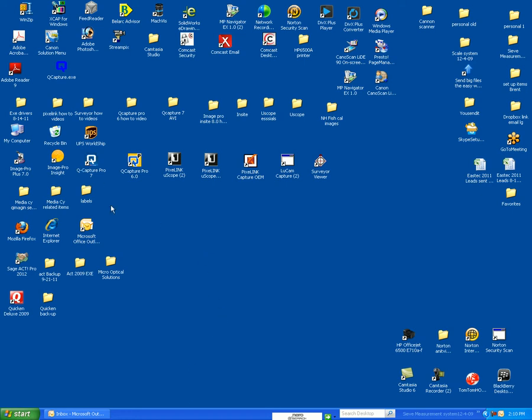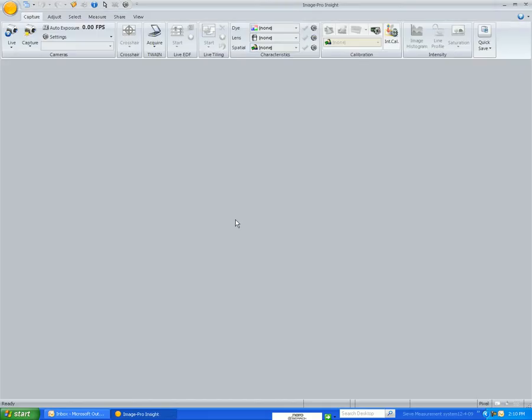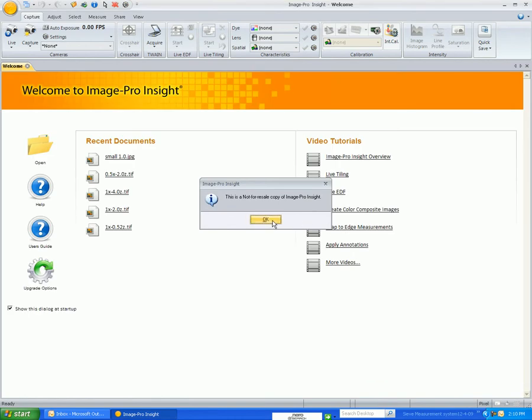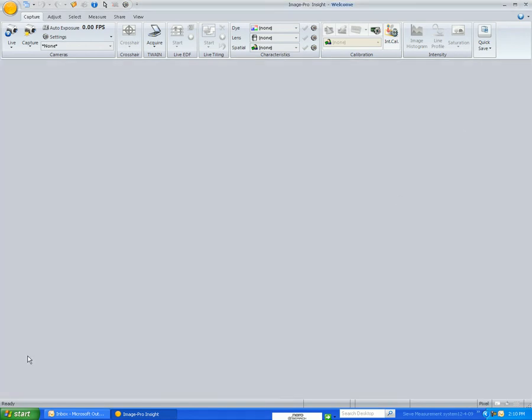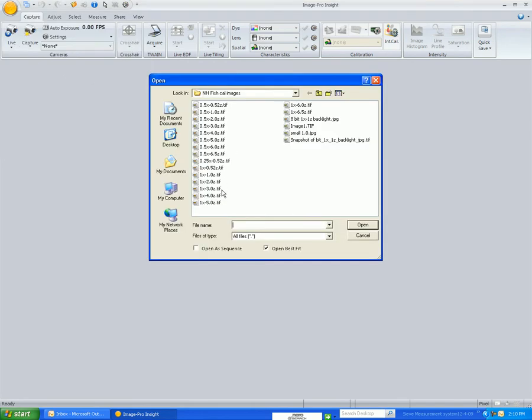The following video is to show you how to calibrate your pixels within Image Pro Insight. I'm going to double left click on my icon and open up Image Pro Insight. Once it's opened, I'm going to close some of these startup windows. And now I'm going to go to this icon here and go to my folder and open up, let's say,